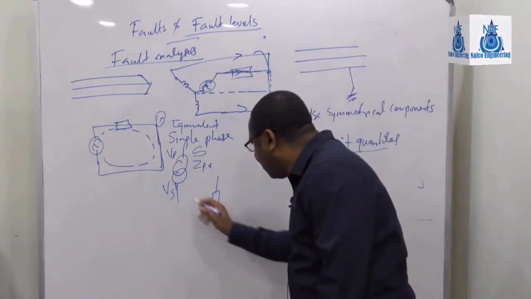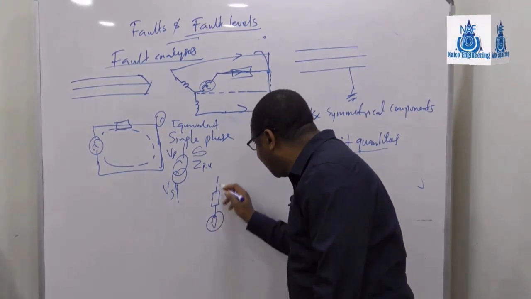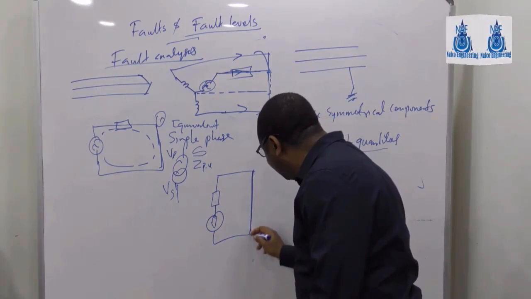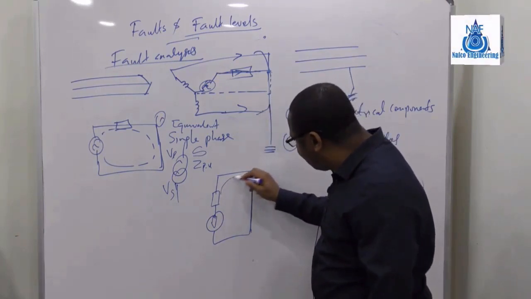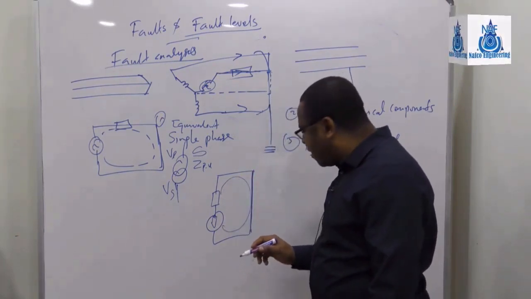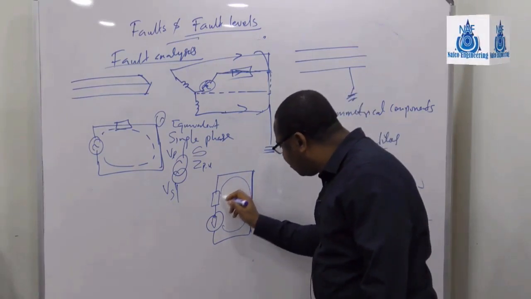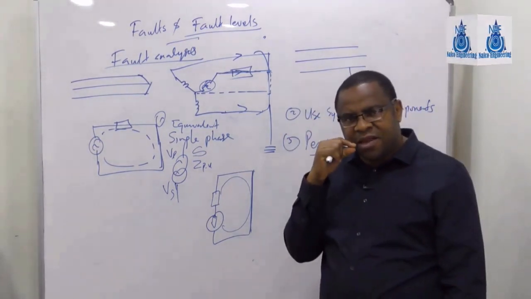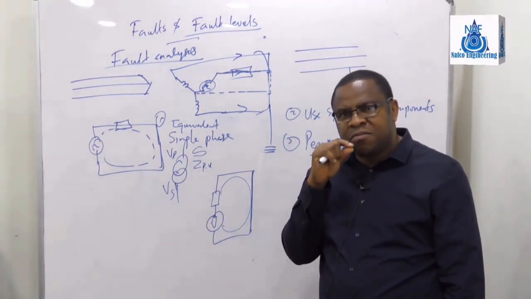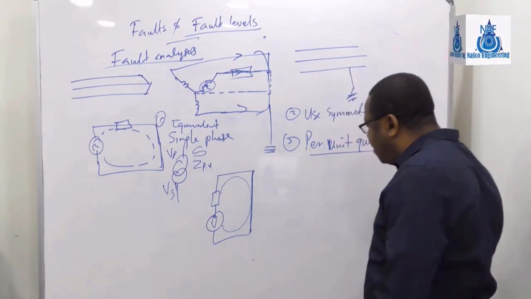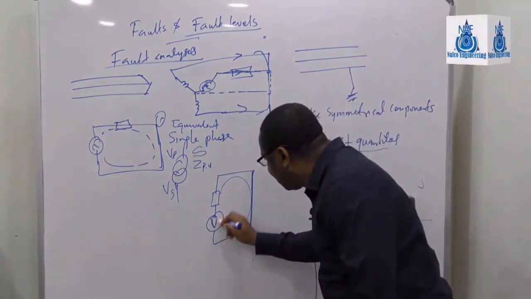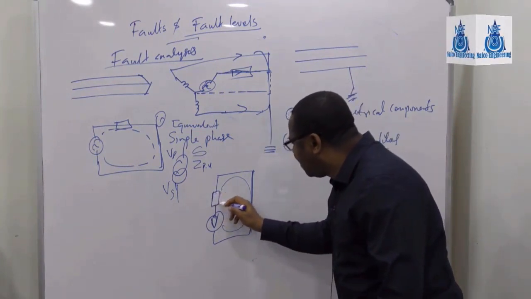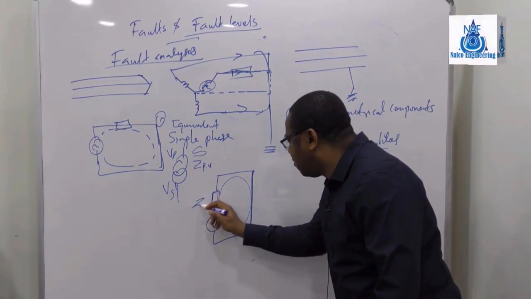So if I know the voltage, this is the voltage. Now I can easily say, if you short this, how much current will flow through here? And what will be the voltage drop within this transformer when it is shorted? That is where we derived per unit quantities. If I know the voltage rating for that transformer, and I have the internal impedance of the transformer, which is in ohms,